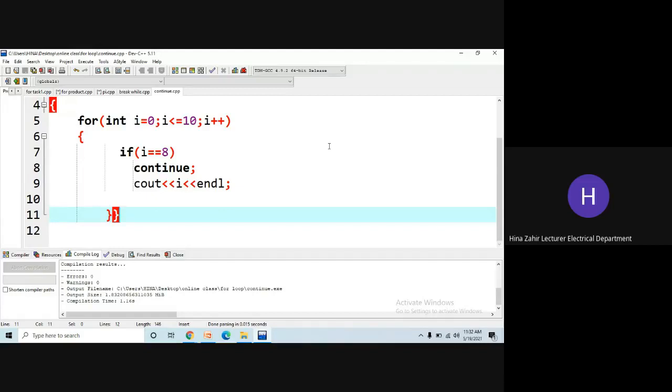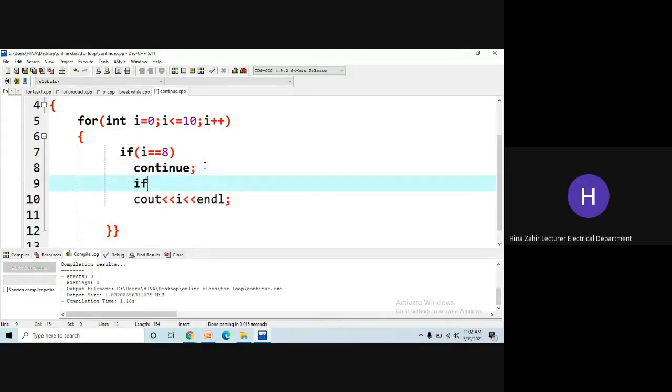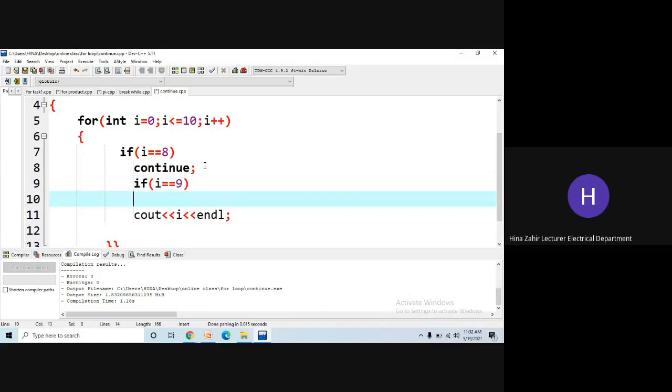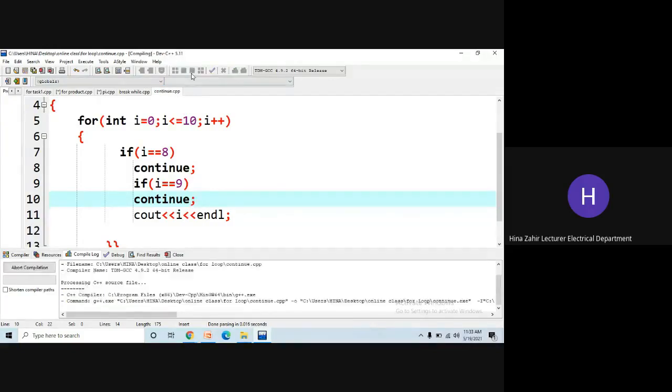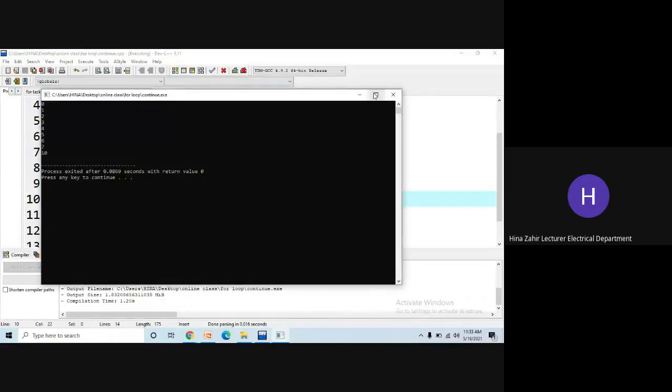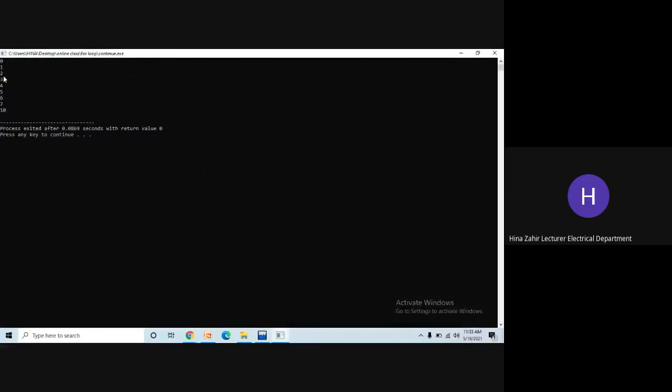And now, for example, you want to skip two parts, then you just write two if conditions. Let's say if i is equal to 9, continue. So now you are going to skip two numbers, 8 and 9, of the display. 0, 1, 2, 3, 4, 5, 6, 7, then 8 and 9 are missing, and then 10.